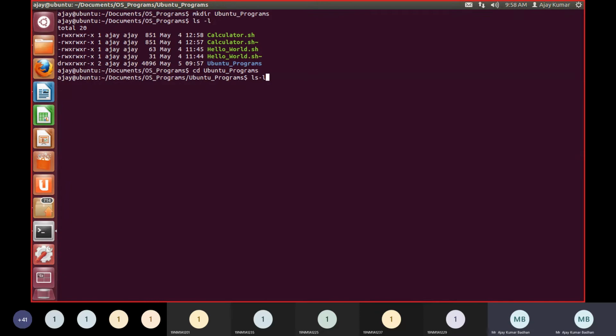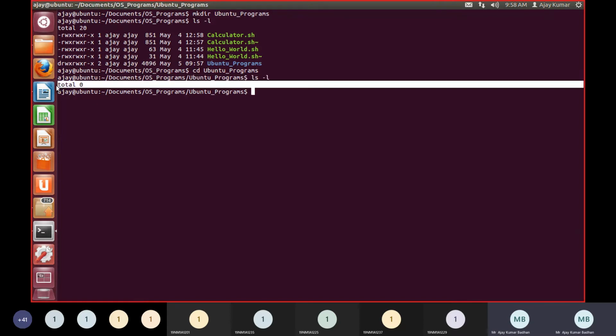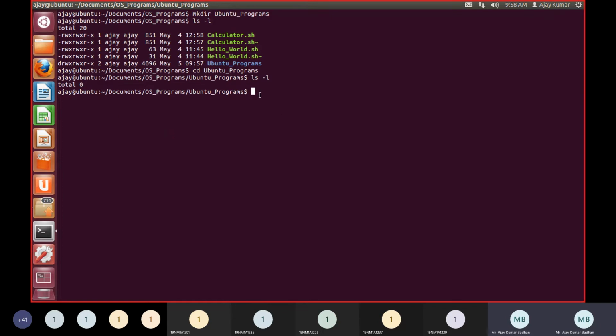Then same ls minus l. Even if you don't remember it, since you have previously executed this command, you can use an up arrow key and try to get the commands. See, all the commands I've executed till now will all be present here. You can simply use the up arrow and determine it. So ls minus l command I want to use. Total 0. Since it is a new directory I have created, I did not create any files within this. So what it is saying here is that the total amount we have here is 0. Hope it's very clear, you people are understanding it.